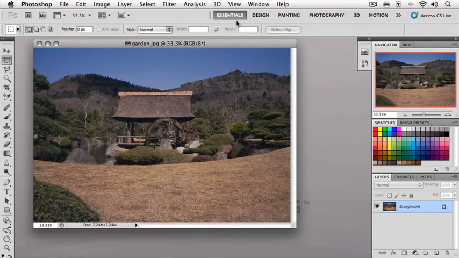Now, at the beginning of your Photoshop experience, the place you're going to spend probably the most amount of your time